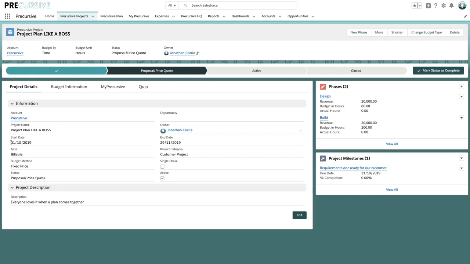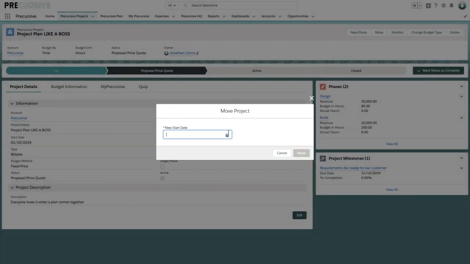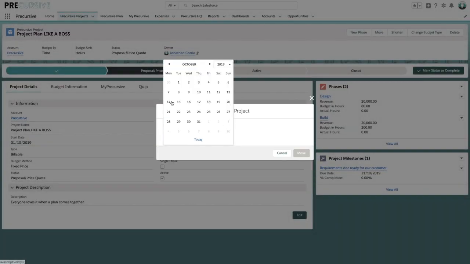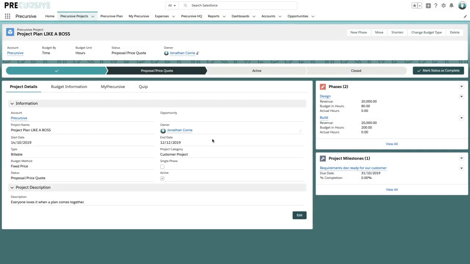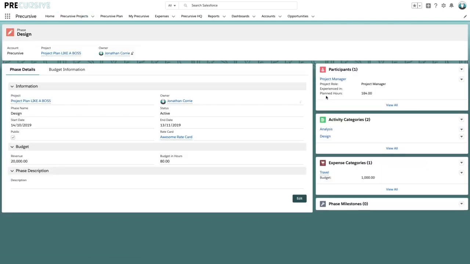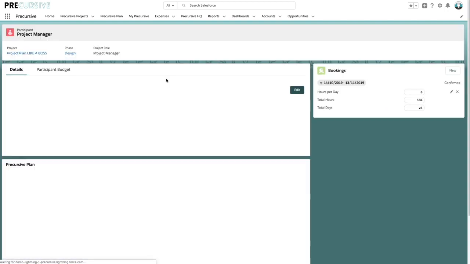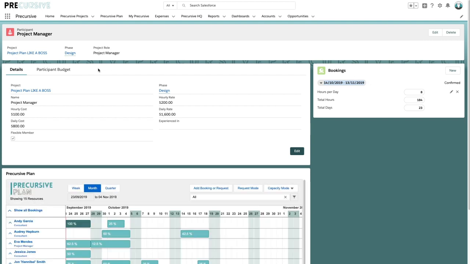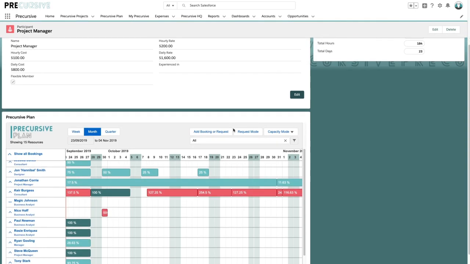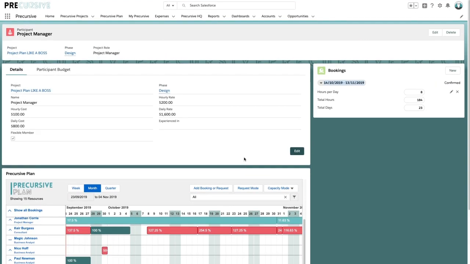Now imagine for a moment that our work needs to actually go back a week, so we're going to move it from the beginning of October. So let's go in here to our Move Project button and say that actually everything needs to go back by a week. Now what this has done now is it's moved everything back by a week, including the end date, and again we'll actually now have moved back the requested time, as we can see here, for that project manager. And again here we've got our team in our schedule inside that project.